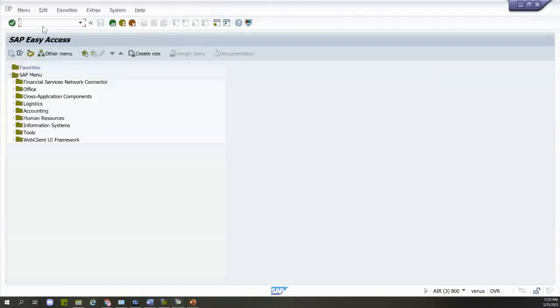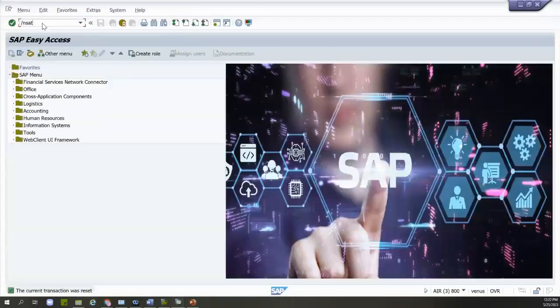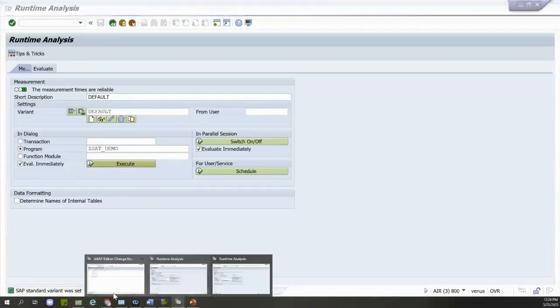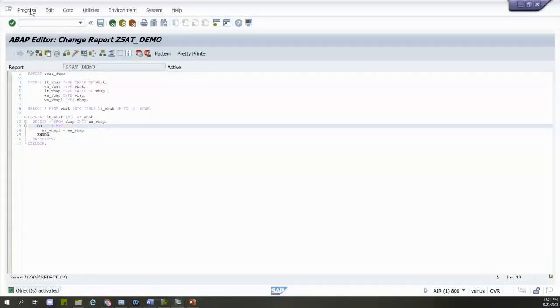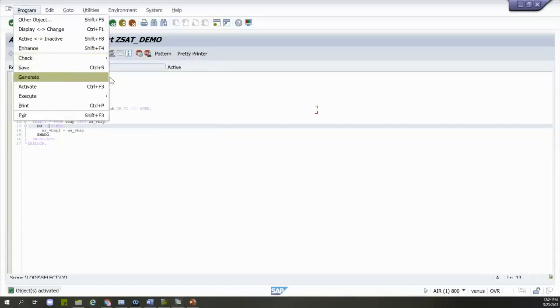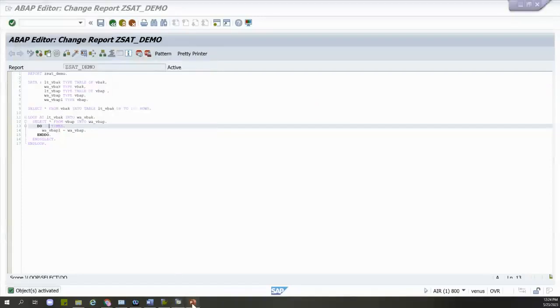Stop this transaction. Reset the move, evaluate. Meanwhile, let it run. Meanwhile, what I'll do is move on to the SLIN check and the extended program check, so that you will be able to see all the rest of the checks here. So if you see this,